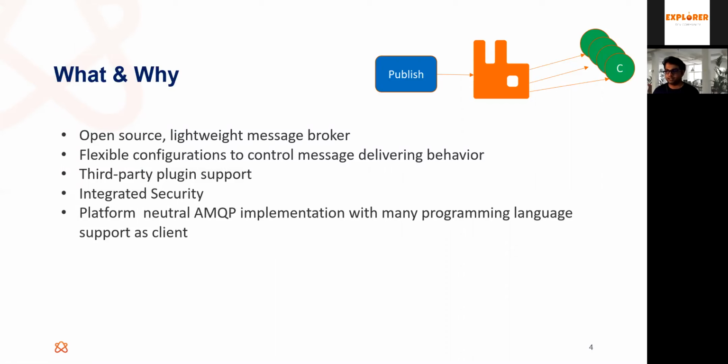The other important thing is that RabbitMQ provides very flexible configuration over how to manage messages. There is a configuration for how to do the message routing, and we can configure the routing algorithm that we need. Also, we can configure whether messages need to be saved in RabbitMQ itself. Let's say we publish a message, and before the consumer consumes it, something happens and RabbitMQ goes down. Then when RabbitMQ starts up again, we want those messages to be there. So we can configure it.